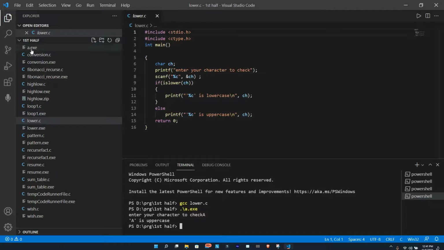Now let me tell you how to actually change the name. So basically what you need to do is again GCC, name of your program lower dot C and hyphen o and name the exe file, because it's always being generated as a.exe, and you want to keep it as an exe file, and if it gets replaced with every program, your data will be lost. Suppose I want to keep it as aj.exe.